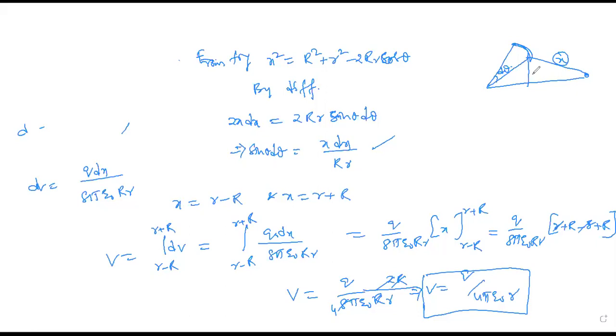Okay? Yeah, good observation. So here, this is the only important step in this derivation. That's why I didn't put maximum in that. Simply by differentiating from this, we need only sin theta d theta, and we are replacing that in terms of x dx, and again converting x values into r's only. That is the only part I did.